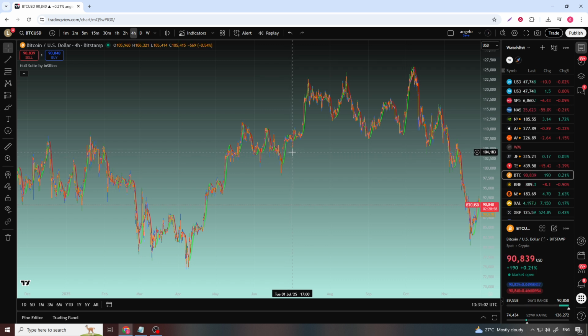If you want to adjust how it looks or how sensitive it is, move your mouse over the name of the indicator at the top left of your chart. Click the settings icon next to the whole suite label. In this settings window, you can change colors, line thickness, and key inputs like length to better match your trading